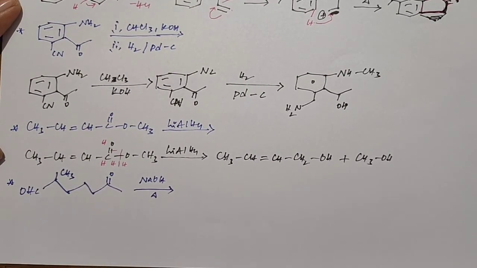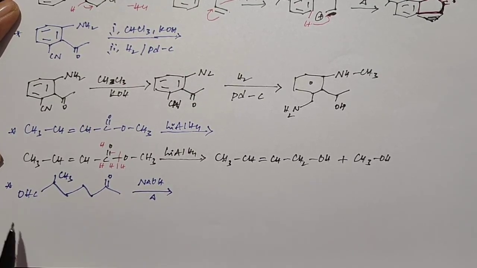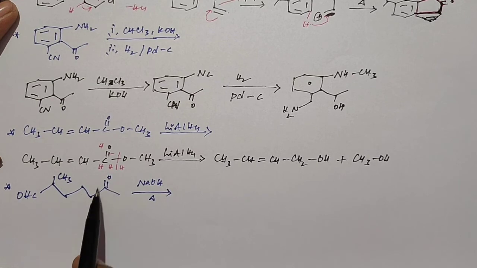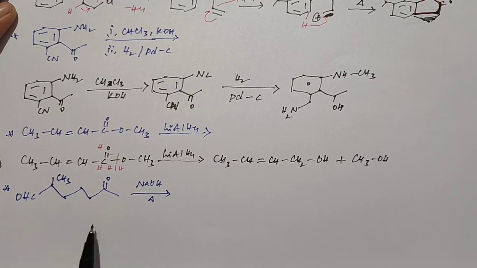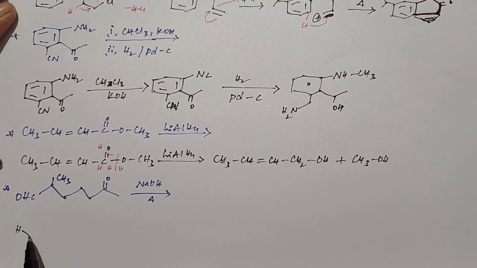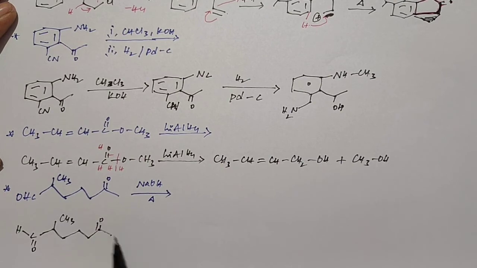Friends, this is the next miscellaneous reaction and the last miscellaneous reaction in this video. When you see that the given reaction consists of an aldehyde group and one keto group, and it reacts with sodium hydroxide on heating, intermolecular aldol condensation is possible. So first we need to take the given compound. Okay, this is the given compound.